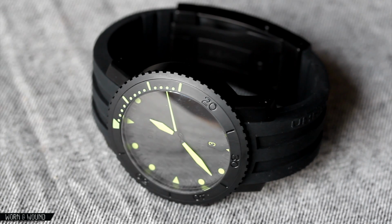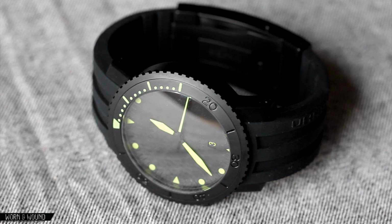To wrap up my thoughts on the Dievas Shadow, it's this really, really cool watch. It doesn't quite look like any other watch out there because of its unique, shockingly bright daylight glow hands. The case you might be familiar with. You can see that on some other watches, but watches that actually cost quite a bit more money. So I think for what you're paying,